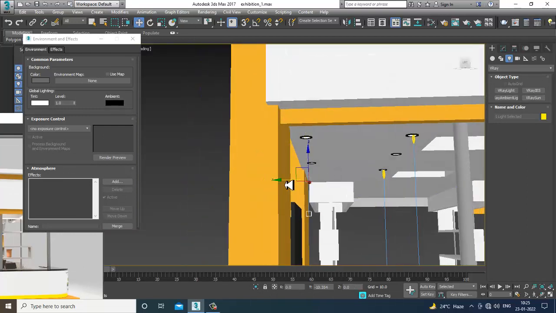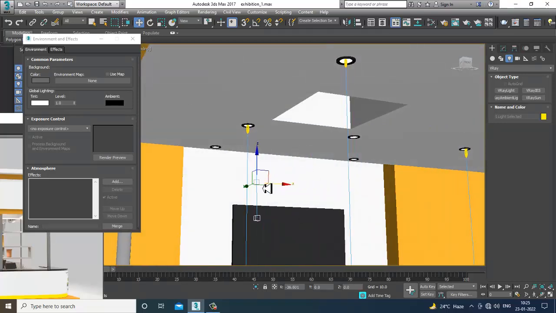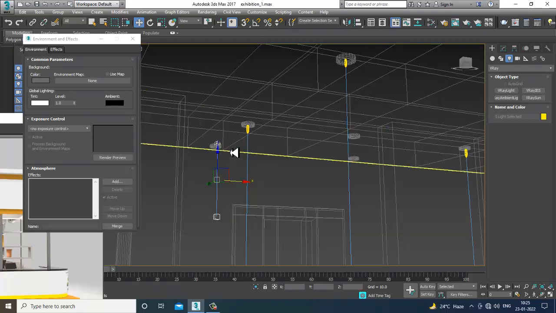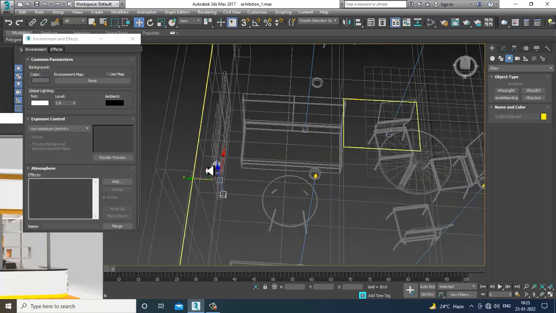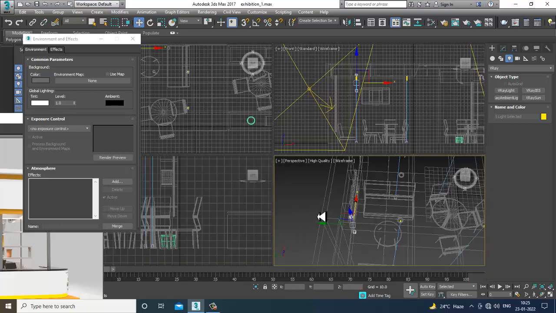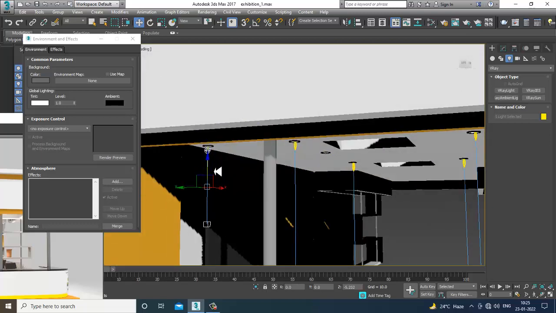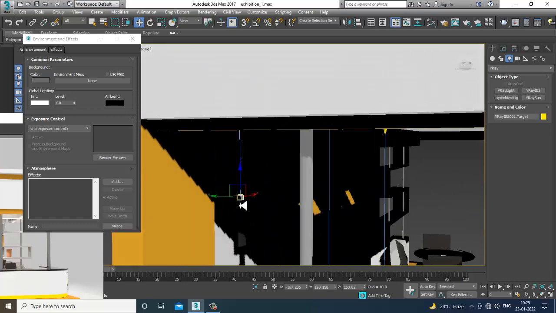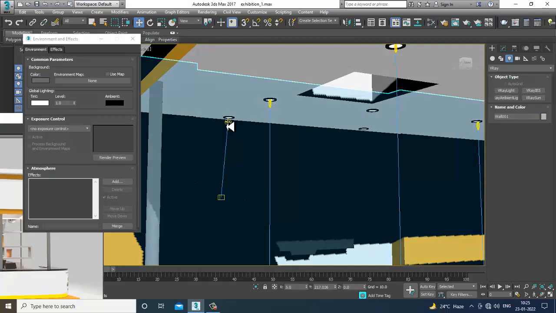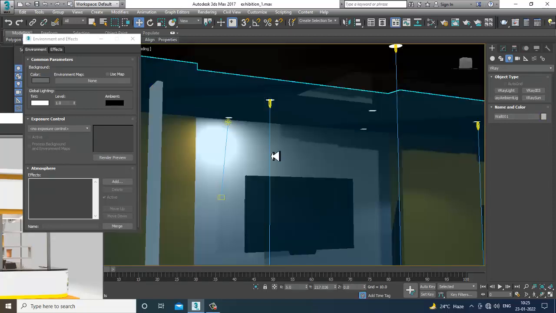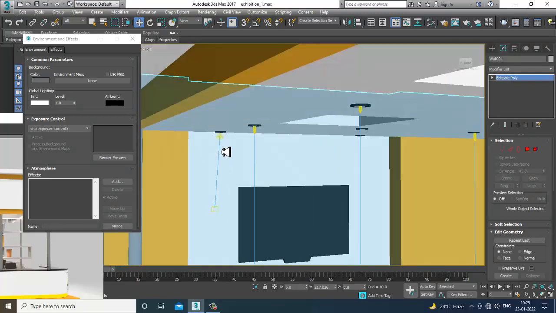So push this over here. Shift it down and push it inside. So into this IES, let's select this IES light,